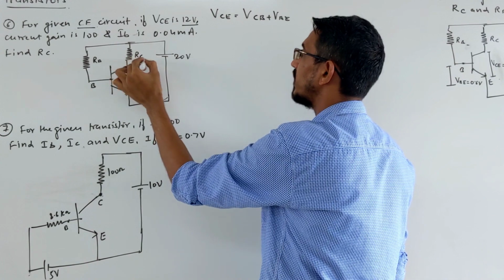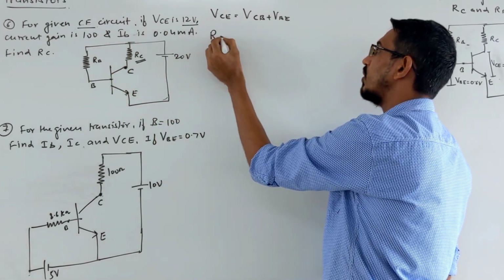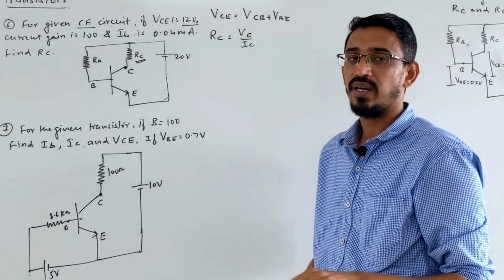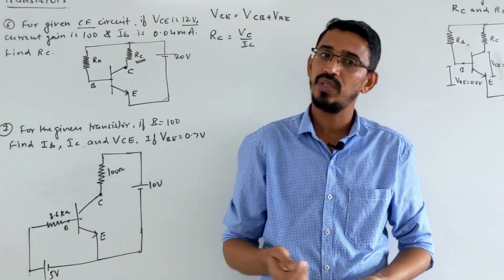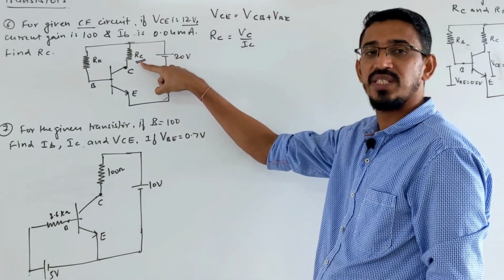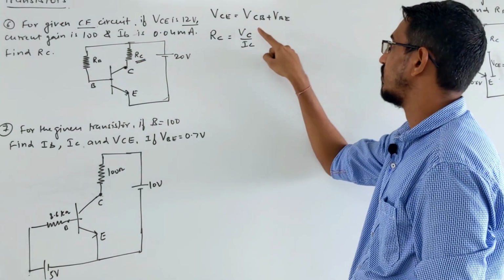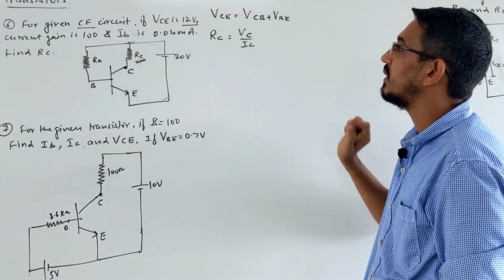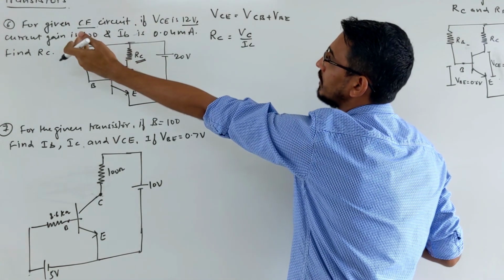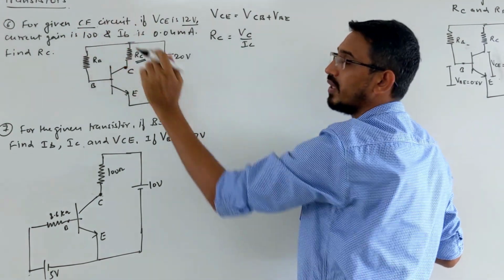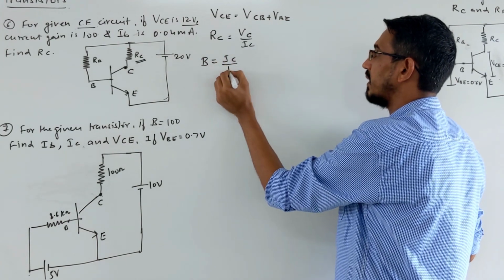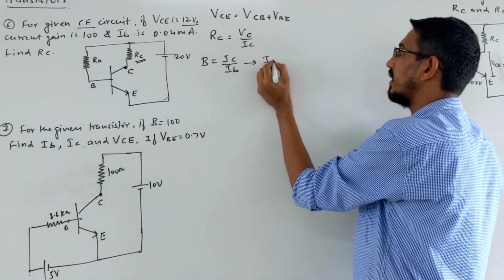They are asking what is the output resistance. To find resistance, definitely we need VC by IC. Now you need output voltage and output current, both. To find output resistance, output voltage by output current we need. Let's find the output current first. We can find it directly, because current gain is given and input current is given, so you can write the beta formula. Beta is IC by IB. From here I am finding IC.